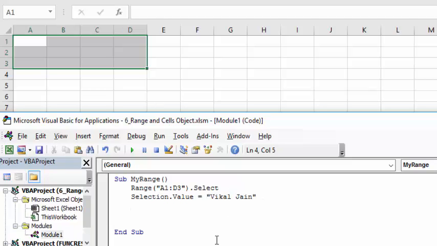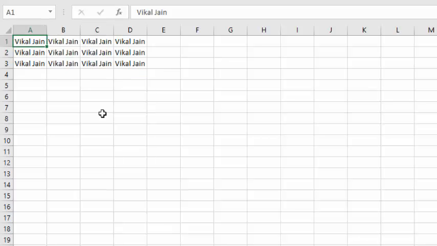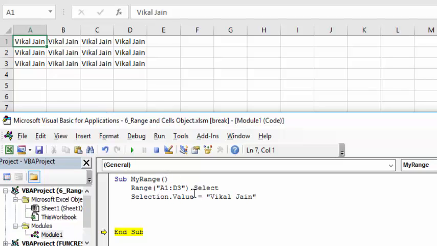Because Excel cannot understand my name. So let's press F8 again, F8, F8, F8, F8. Now see, my range is filled with my name. Okay, so